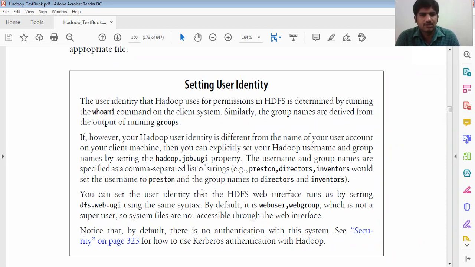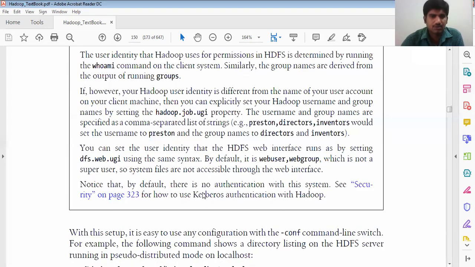So you can see the identity that the HDFS web interface runs as, which is set by dfs.web.ugi. We know we can run this in the browser, so that is the URL we are going to use, with a port number. The default is web user and web group, which is not a superuser.